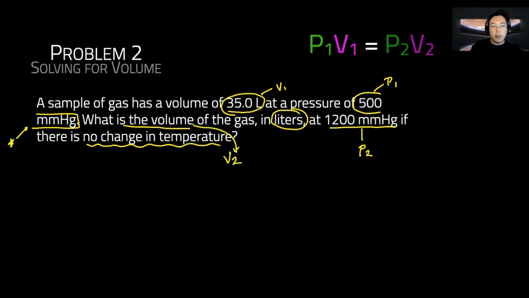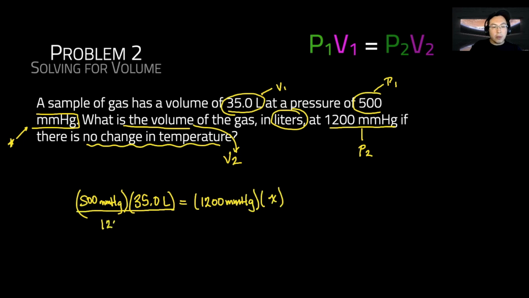So let's put this in our formula. We have 35.0 liters, our pressure 1 was 500 millimeters of mercury, equals pressure 2, which is 1,200 millimeters of mercury, multiplied by V2. So that's our question. We can solve for X by sending the 1,200 millimeters of mercury down here, and we can get rid of this here. And this is going to be the X. So after doing the math, we will have